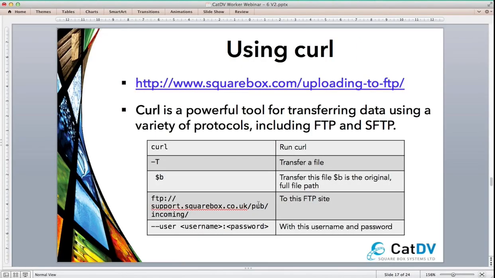And so curl is a powerful tool. It runs on Mac and Windows, and it's a command line tool that enables data to be transferred to other places. So it does FTP and SFTP extremely well. In this case, the command line that we'll look at in the worker action is going to be made up